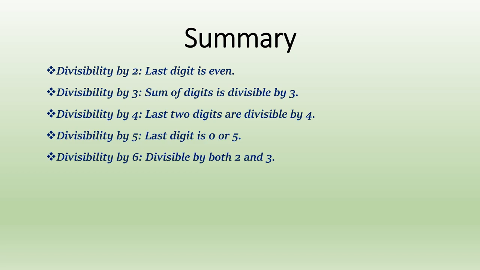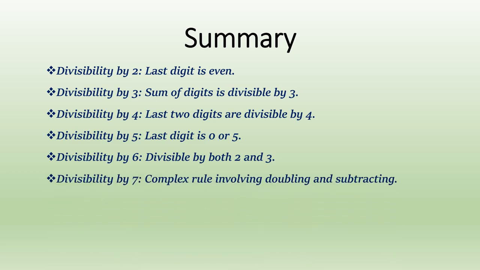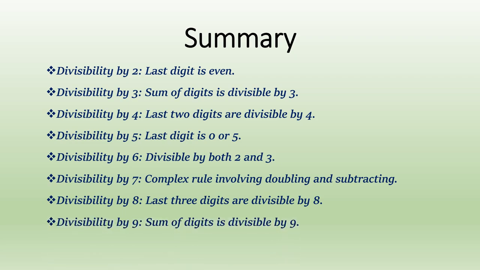Divisibility by 6: divisible by both 2 and 3. Divisibility by 7: a complex rule involving doubling and subtracting. Divisibility by 8: the last three digits are divisible by 8. Divisibility by 9: the sum of digits is divisible by 9. Divisibility by 10: